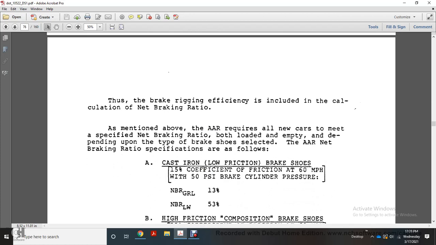As mentioned, the AAR requires all new cars to meet the specification for net brake ratio, both loaded and empty, depending on the type of brake shoe selected. The AAR net braking ratio specification is as follows. Cast iron low efficiency brake shoe with a 0.15 coefficient of friction at 60 miles an hour, 50 psi brake cylinder pressure, net brake ratio